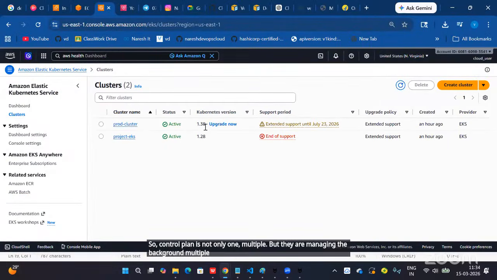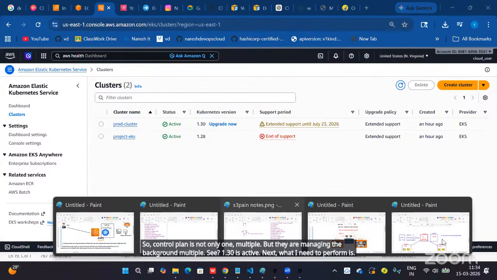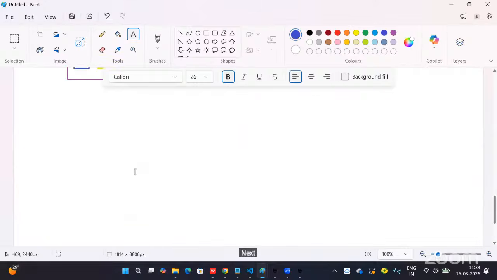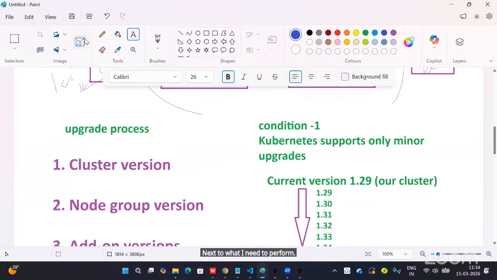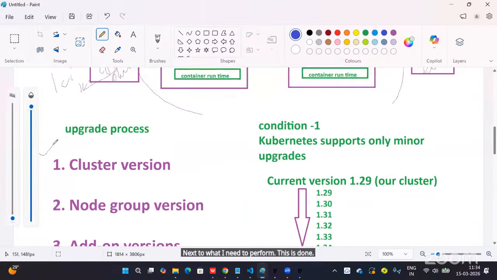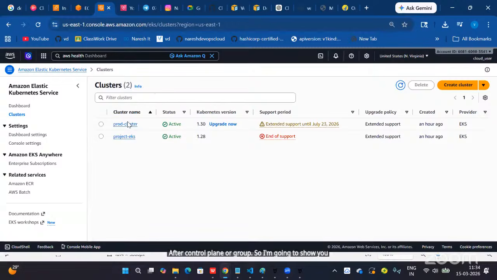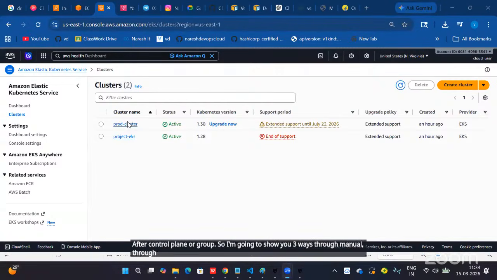See, 1.30 is active now. Next, what do I need to perform, guys? This is done. Next is what? Node group. After the control plane, the node group. So I'm going to show you three ways: through manual, through CLI, through Terraform. Okay, so let's click on